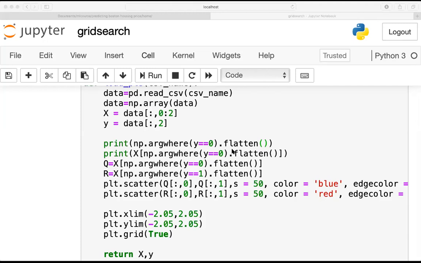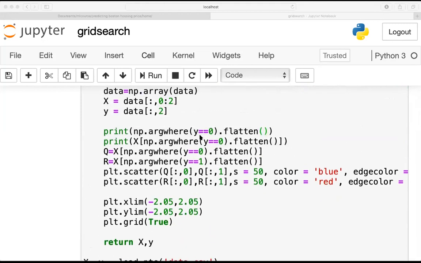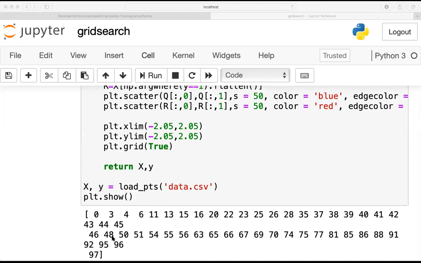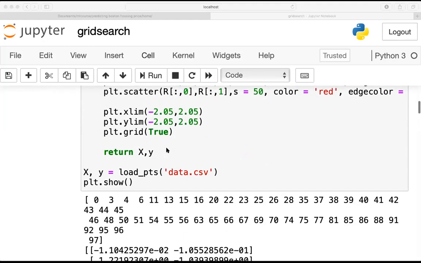When you print this result, you can see it returns the indices of all those elements whose y value is 0, converted into a one-dimensional array. Now I am taking these indices. I don't want the indices, I want the coordinates of the points placed at these indices. So I'm passing the indices and getting the coordinates of the points. Here is the result.